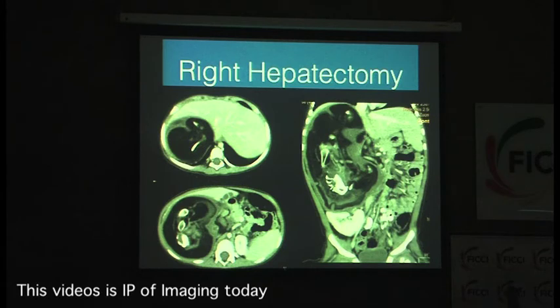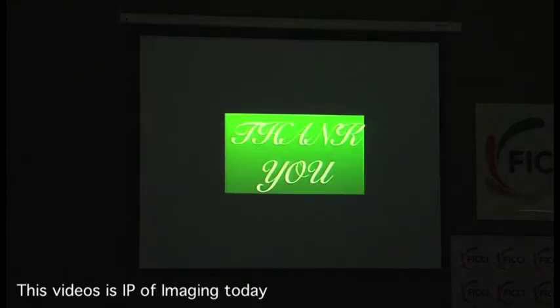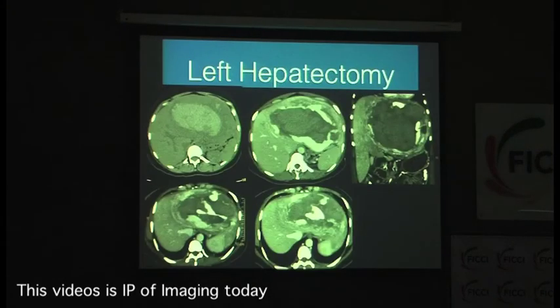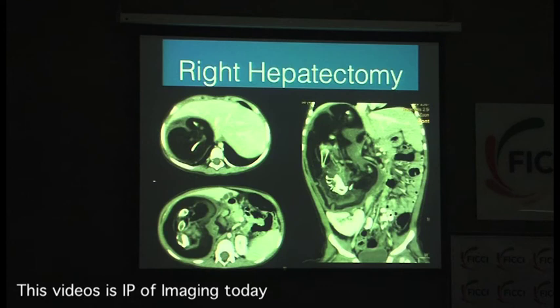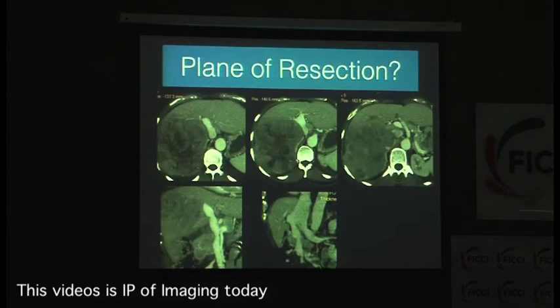Vikas, you don't count. So this was a fetus in fetu, and you can actually see well formed vertebrae and the limbs, surrounding fat. This was a 3-year-old girl who had a right hepatectomy. And where is the right portal vein, where is the left portal vein in this patient?